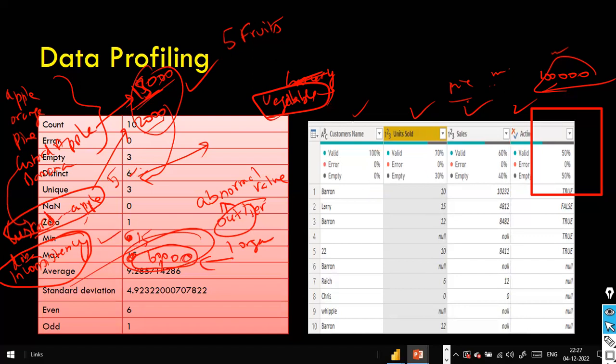When you see this, let's say you have domain knowledge. You are working in that shop for a longer time. You know very well you sell only 5 products. You are damn sure only 5 fruits you sell. Due to data entry, you recently hired one clerk. She put data, and due to data entry, it shows 6. With that, you can easily make out something is wrong. Hey man, I sell only 5 fruits, how can it show 6? So you go and take a look at the data. You see something is wrong here, and if you correct it right there, then we hardly have 5 fruits. If there is a data inconsistency, by looking at this we can easily make it out